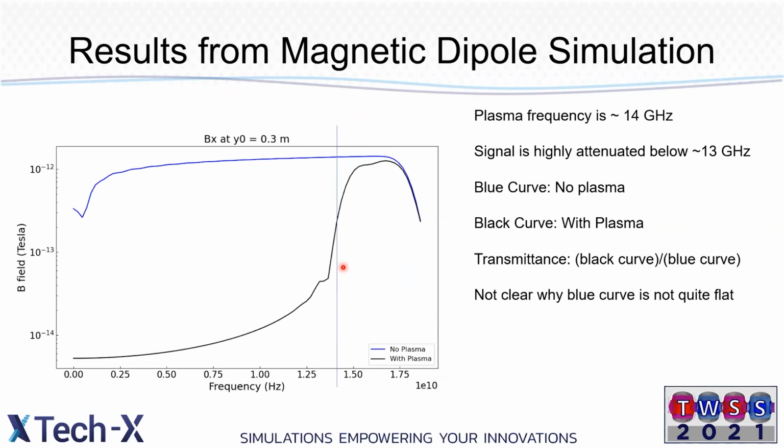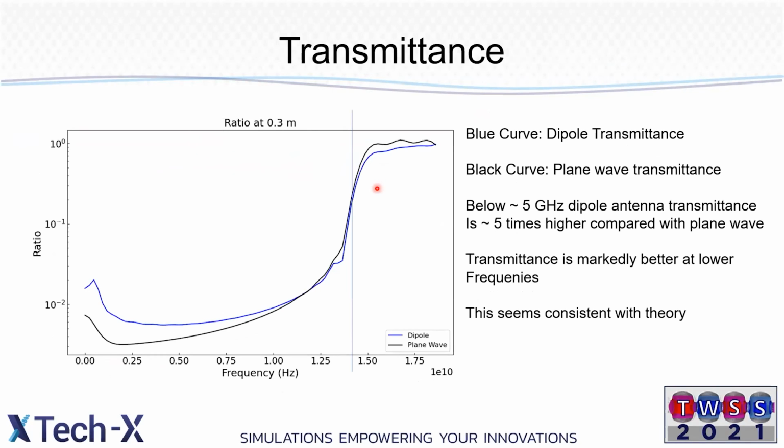So I did the same thing, but with the magnetic dipole. And strangely, for some reason, I'm not entirely sure why, I don't quite get a constant transmittance like I do with the plane wave. It's very close to being constant, but I'm not entirely happy with that. So this is without the plasma, and then this is with the plasma. Again, I divide the two to get the transmittance. And the result is,